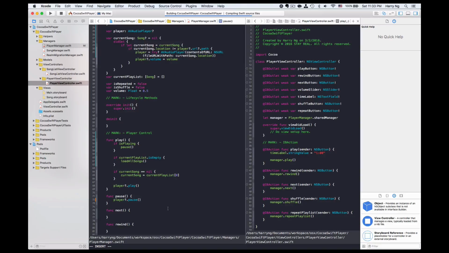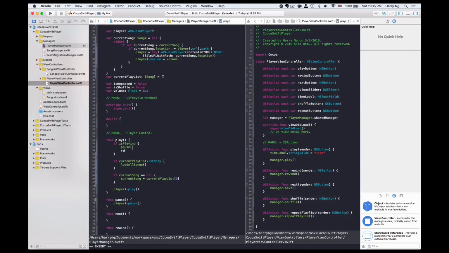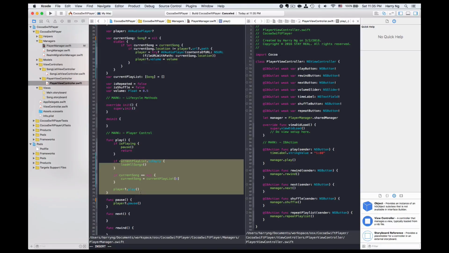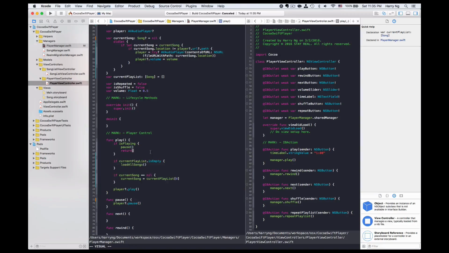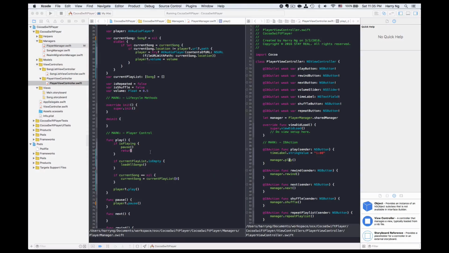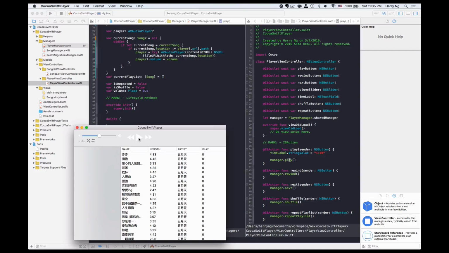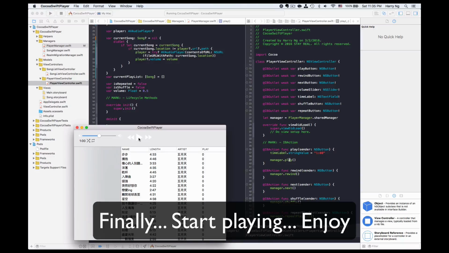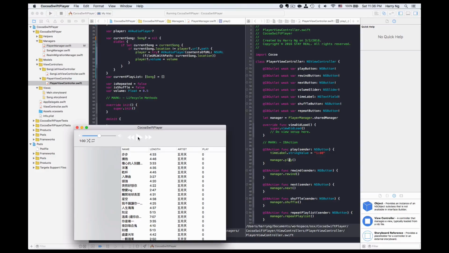Let's try. Make sure I'm going to break the function after going to pause, so I can do a return here. That means when it pauses, all the remaining code won't run. So now, if I click the first time, and then the second, it stops there. If I play,